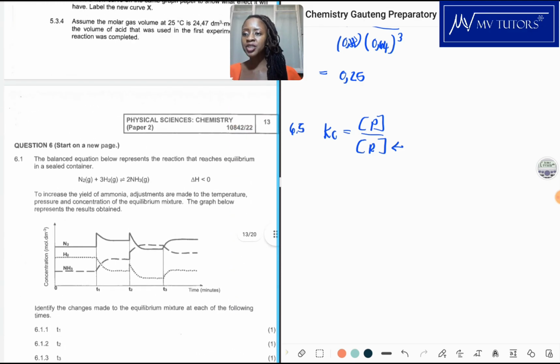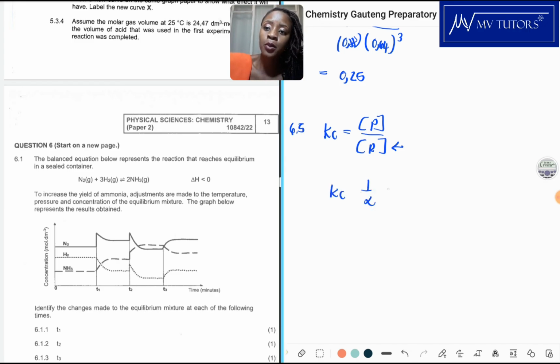Our reaction is exothermic. So exothermic favors the forward reaction. Okay, endothermic. Oh, and again, exothermic is linked with a decrease in temperature. Endothermic deals with the increase in temperature. So we have increased the temperature, meaning we are favoring the reverse reaction. We are favoring the reactants. Okay, and if we are favoring the reactants, means that the reactants will increase. And if reactants increase, remember Kc is inversely proportional to the concentration of the reactants. So if your reactants increase,